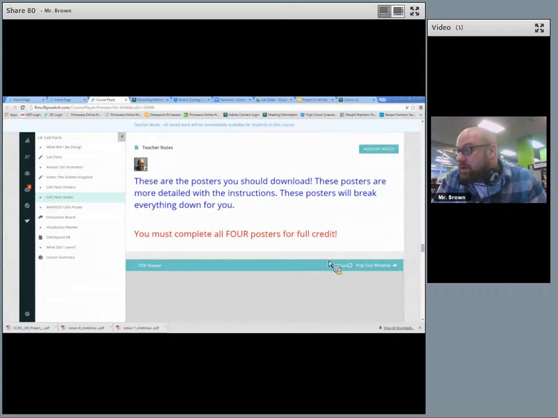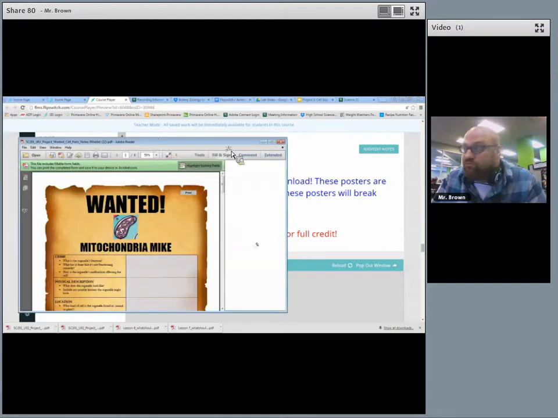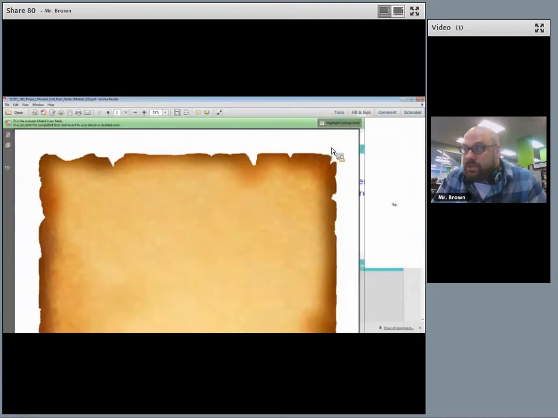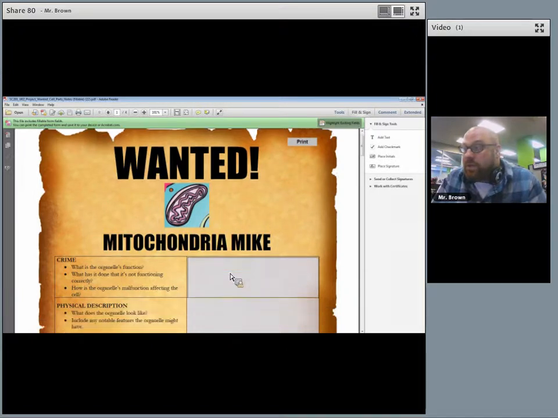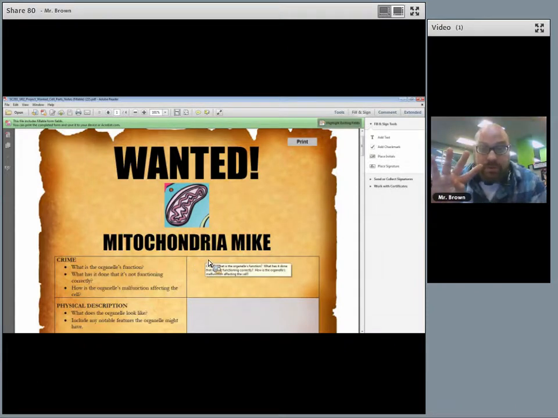So what I do is I go to pop out window, click that, and on the bottom here, this will download. And that's what this is. It's a PDF file. So what you can do is you can type right into this file. You're going to make 4 wanted posters. You have to do all 4 organelles for full credit. And you can type right in this: